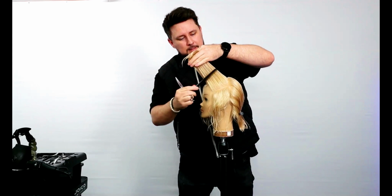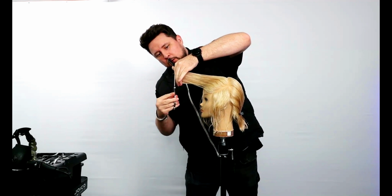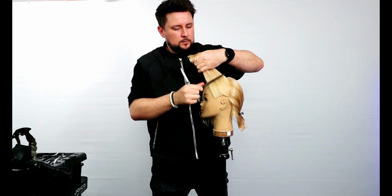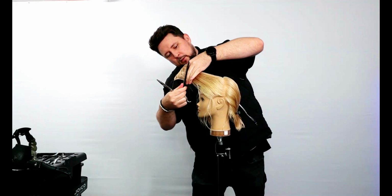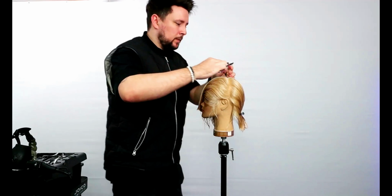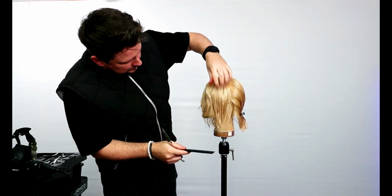we should start getting less and less hair as we pull it up and maintain that length around the perimeter. So there we go, we're getting less and less hair now. And then last section, let's see if it reaches. So pull it up over that middle parting, straight out, and there is minimal, literally dust. So I'm just going to resection that down that middle because we want to be pulling the next side up to it. And we can already see